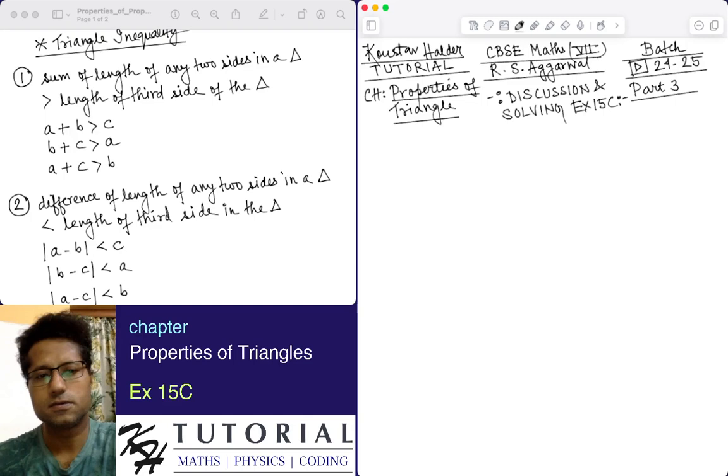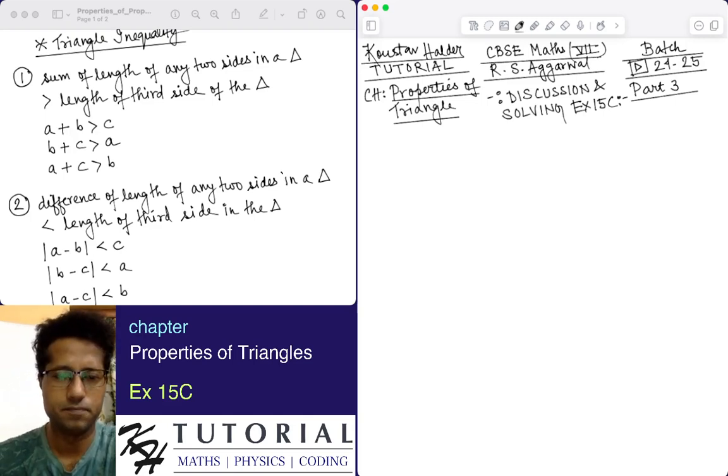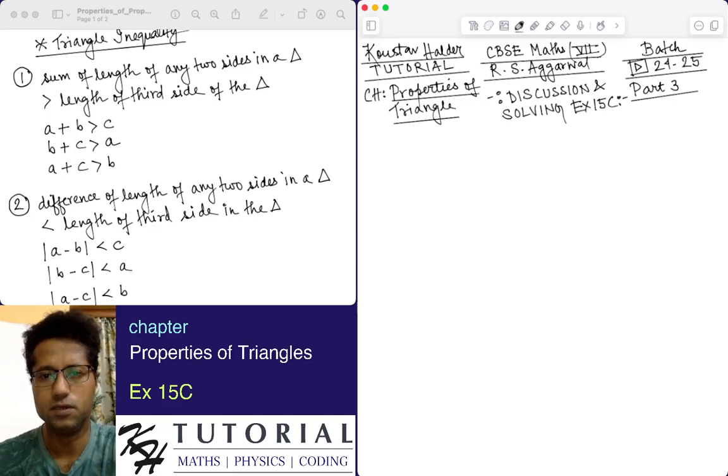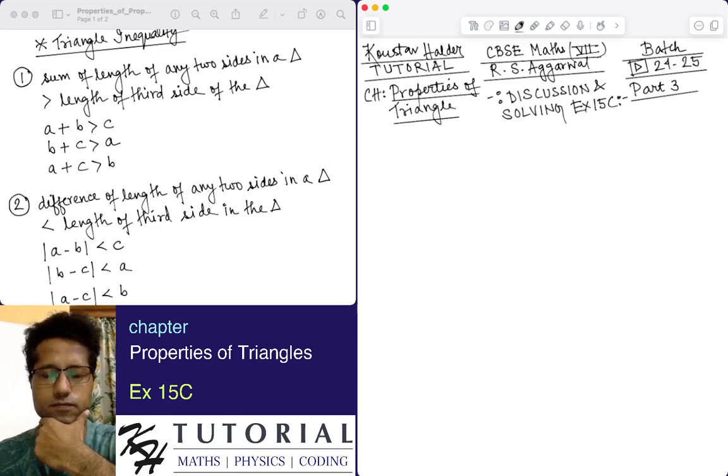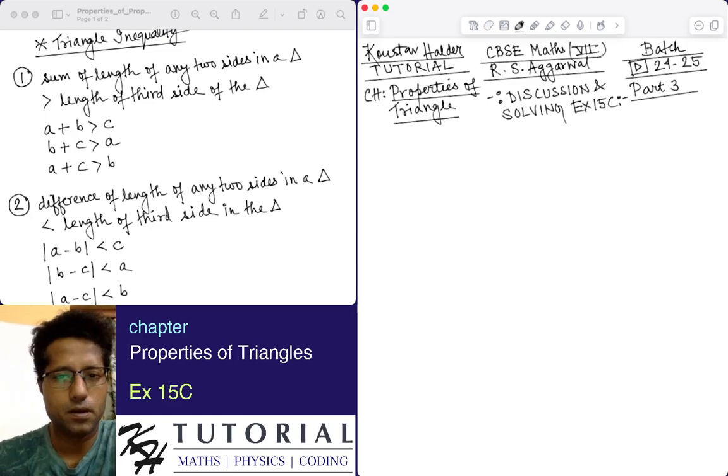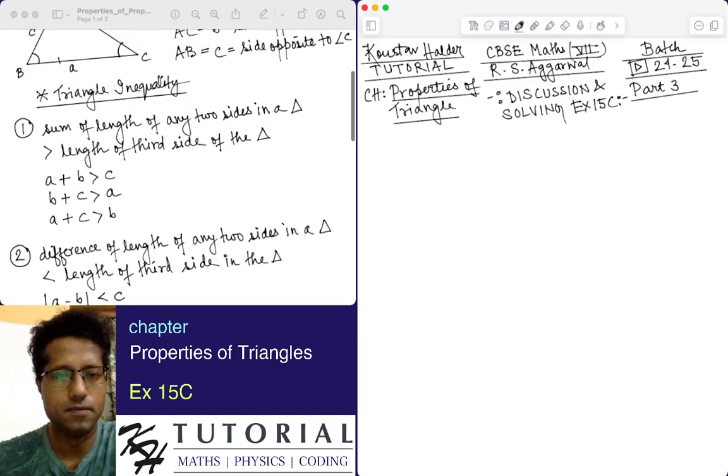By difference it means the absolute difference, like if two sides, one could be smaller and one could be larger, by difference we mean the absolute value, that is the modulus of the difference of the lengths of the two sides. So with respect to the triangle ABC in the figure,